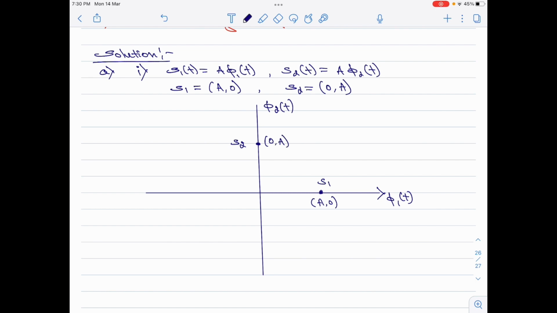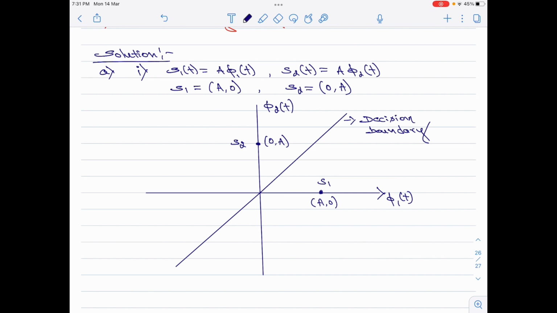Then we are asked to plot the decision regions and decision boundaries for the same. If you look at the diagram carefully, you will find that the 2 signal points are located at an equal distance of a on the positive x axis and the positive y axis. Therefore, assuming maximum likelihood decision, the decision boundary will be a line drawn at an angle of 45 degree in the first and third quadrant. This will be the decision boundary,